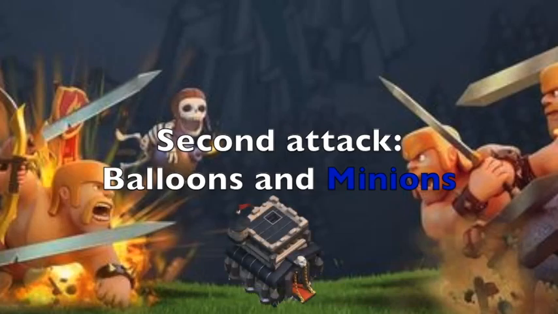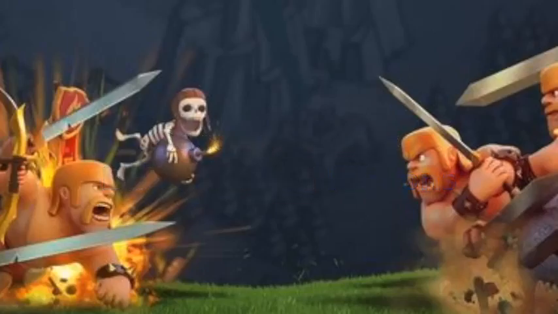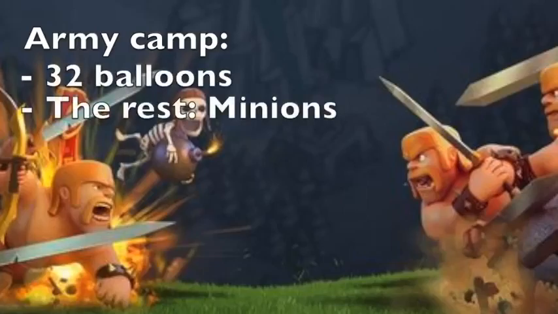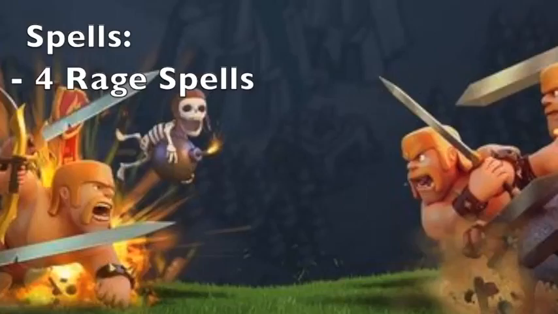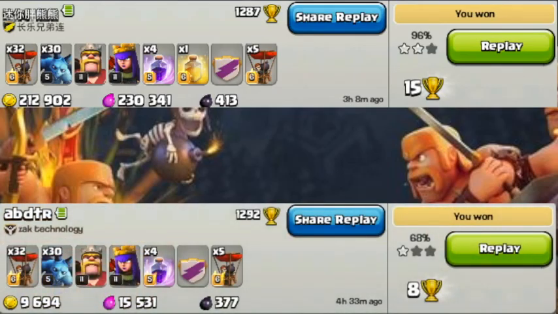This is balloons and minions, and this is for Town Hall level 9, for those who don't have lava hounds. First off, let's take a look at the army camp. You're gonna need 32 balloons, and the rest is just going to be filled up with minions. You're gonna request 5 to 6 troops for airdrops. Then for spells, you're going to have 4 raid spells, and I would say 1 healing spell too if you're Town Hall level 10, and if you're Town Hall level 9, then just use 3 raid spells and